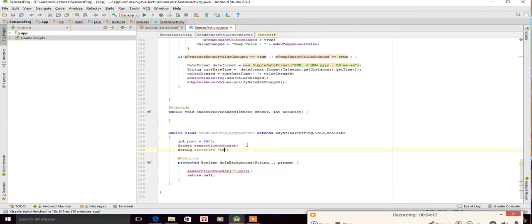So we should write here the localhost address, or 127.0.0.1. But wait, because this is an Android emulator, in this case we are not going to write this address value for the localhost or the loopback. We are going to write 10.0.2.2 for the Android emulator, because in the Android emulator, this 10.0.2.2 is actually the alias of